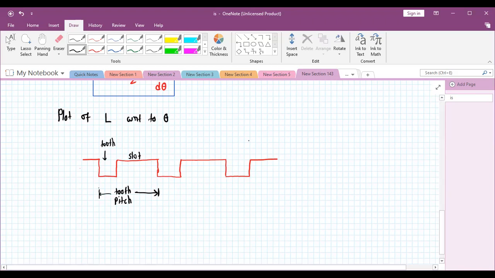Now see that if it is given that the ratio of pole to pole pitch is given, say for example 0.4. Okay, so whatever about the pole, the same thing is for the tooth. Pole means what? Tooth. So here I can say tooth pitch is given in a data, say for example 0.4.